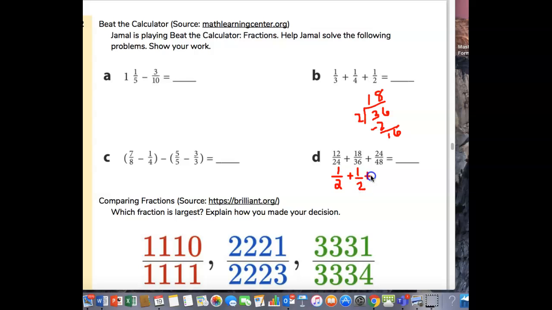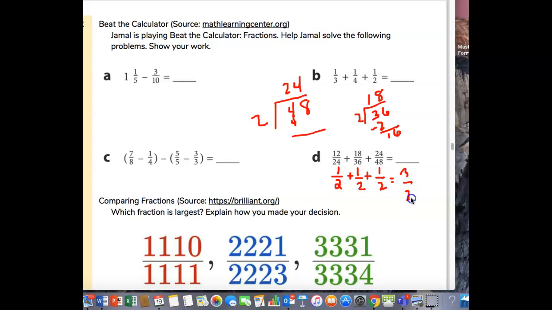And then half of 48, 2 times 2 is 4, 8, 4, 24. So 24 48ths is half. So if you were to add these up and get 3/2